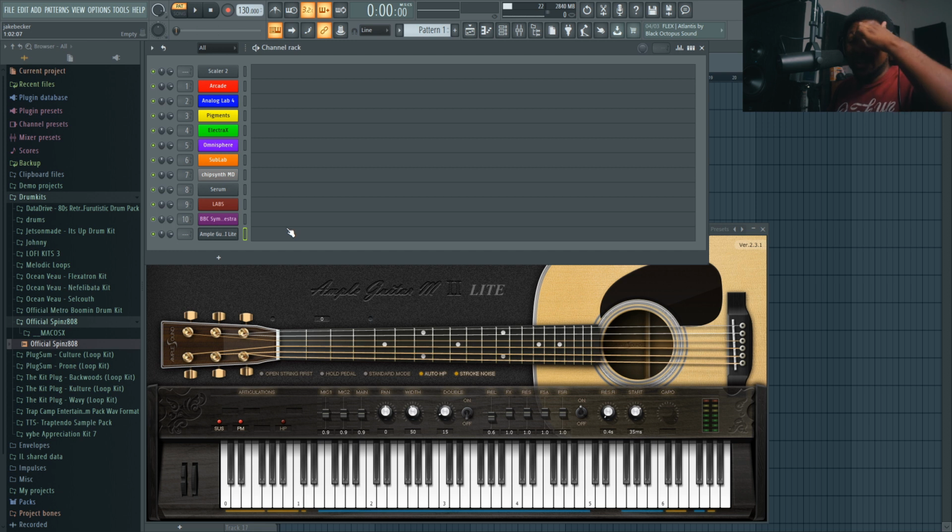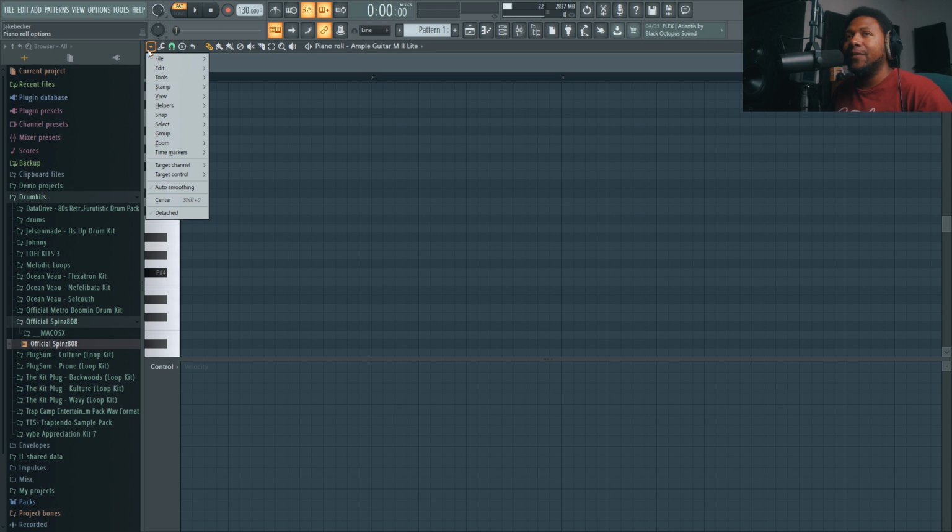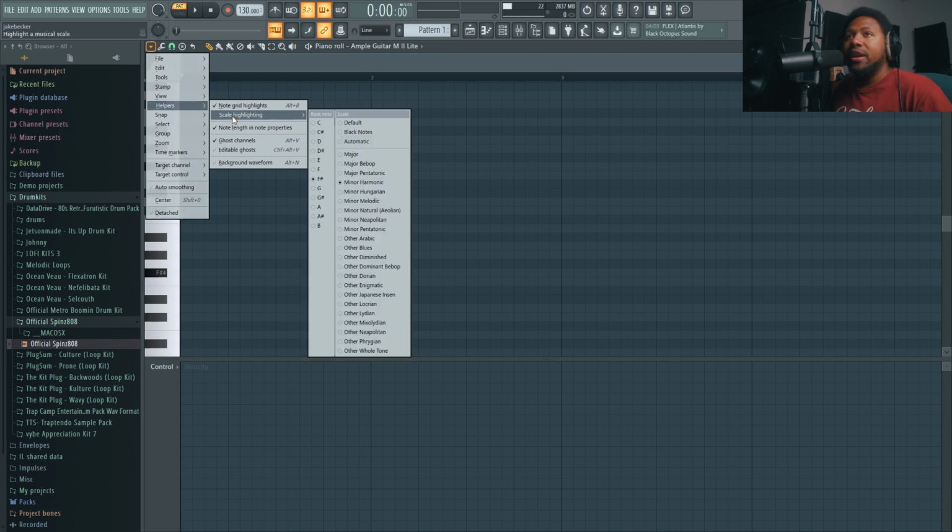So first off, let's go ahead and start coming up with the melody. That's gonna be the first and easiest thing. So the way I like to go about making my melodies, especially my guitar melodies, is I like to start off with the helper tools. Now the helper tools are built inside FL Studio. Like I said, we're doing this all for free, not third party. So you just go down this little drop down menu, go to helpers, and then you just go to scale highlight. Now we're going to use F sharp minor,